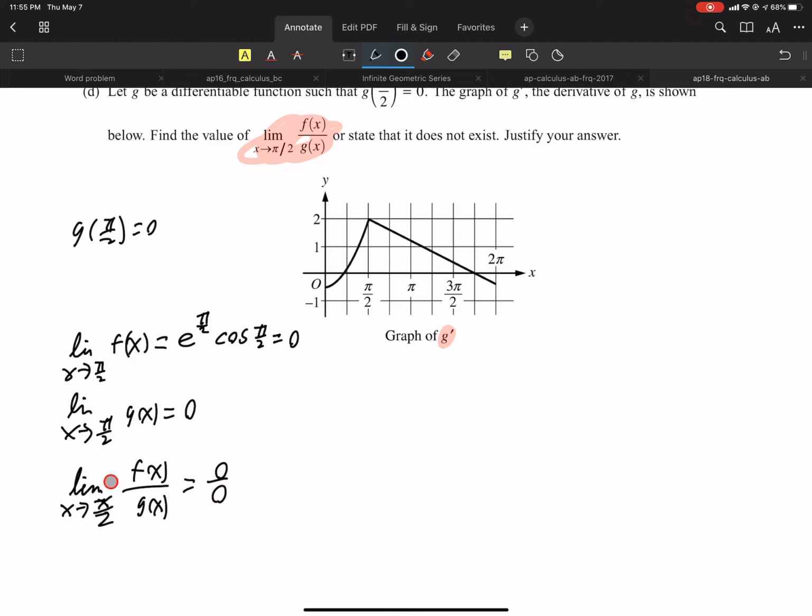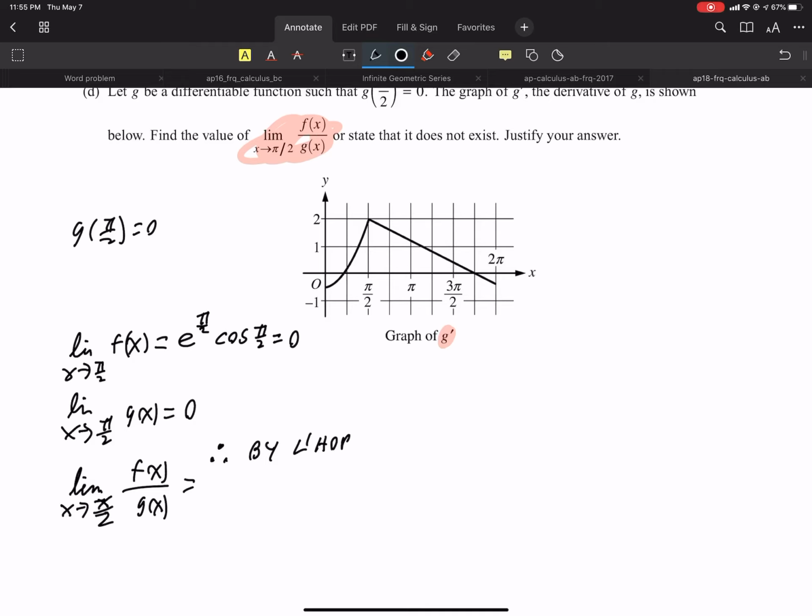So you're saying this limit's undefined, but it's not. It could be. We are in a L'Hopital situation. L'Hopital's rule says, if the limit on the top is 0 and the limit on the bottom is 0, or infinity, if they're both infinity, then this limit is the same as the limit of the derivative of the top and derivative of the bottom. I'm going to say, therefore,